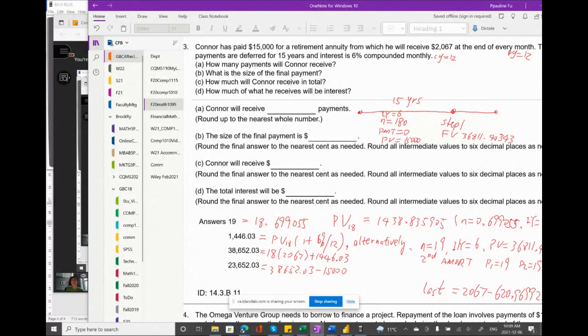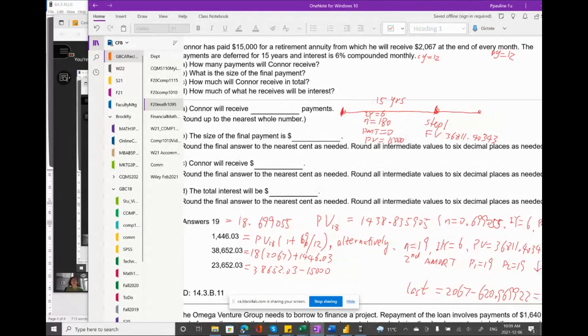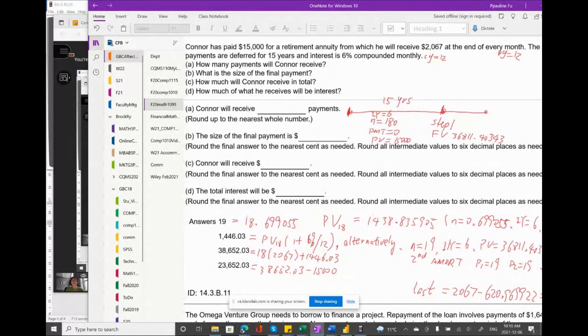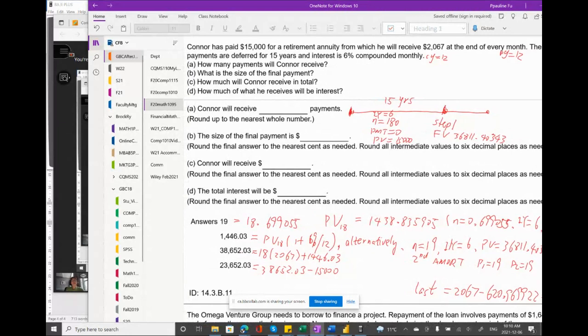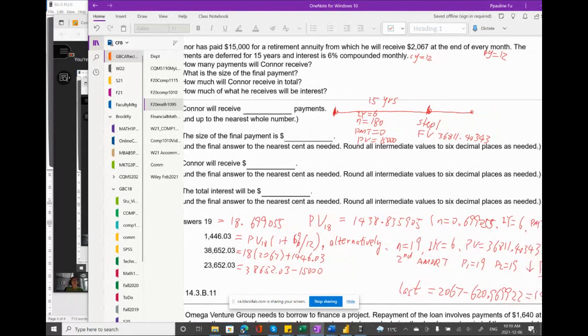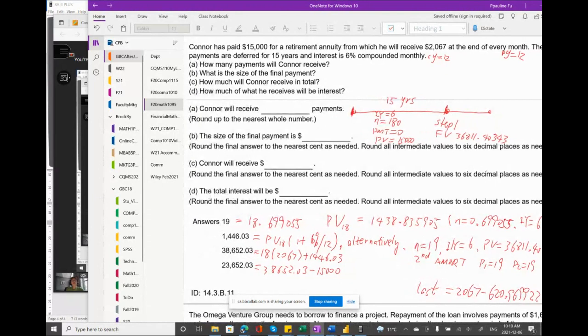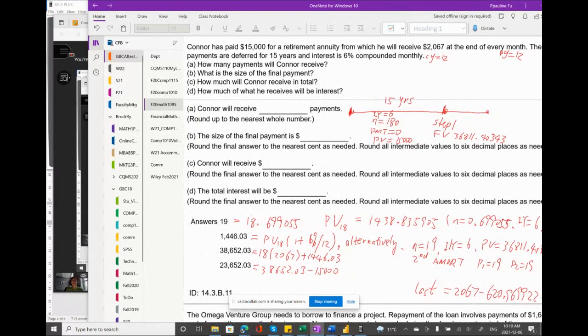But this is deferred for 15 years. Again, two steps. From here, this is today, now, to here is 15 years. At the end of every month, the payments are deferred for 15 years. Okay, so two steps. Step 1,